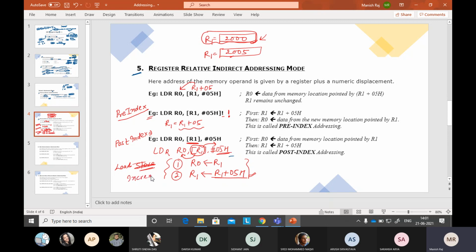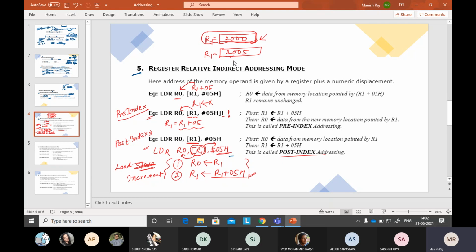That is the increment part. So two things are going on in the post index register. Is it okay? What happens in post index addressing? First it will provide the value of R1 directly to R0, after that it will increment. Here directly you can add this value: R0 will get the value of R1 plus 04, and the value of R1 will not change. Here first the value of R1 will change to R1 plus 05, after that it will provide it to R0. So there are small differences between normal, pre and post indexing.